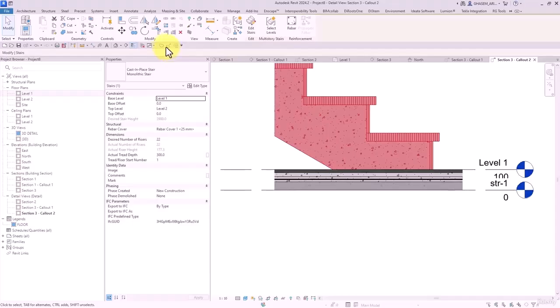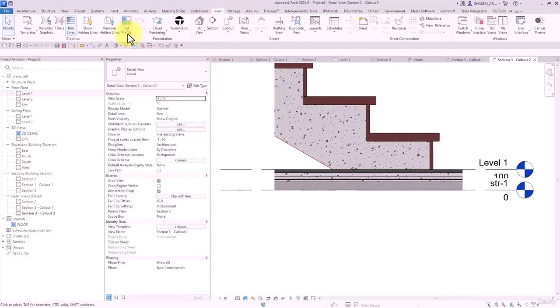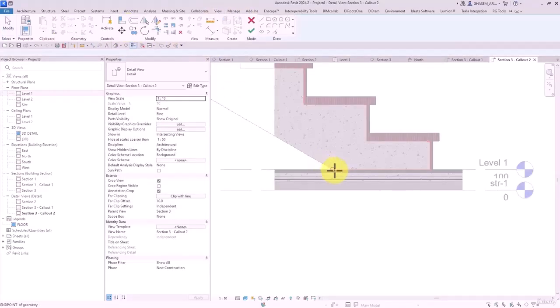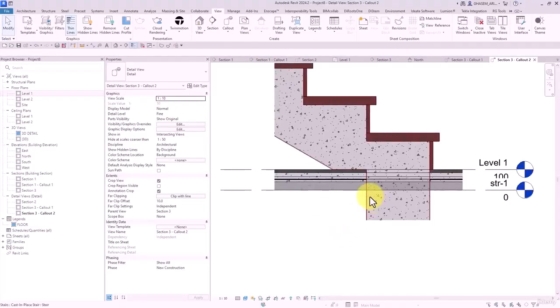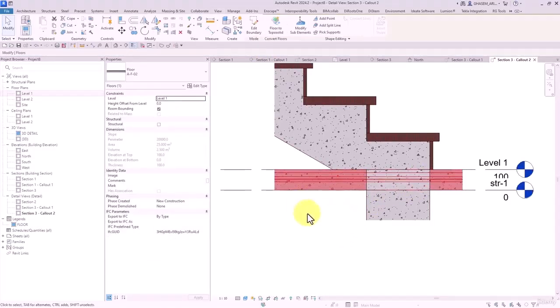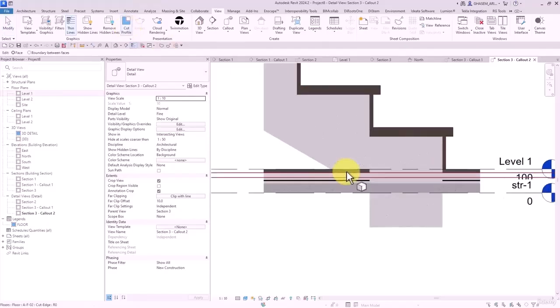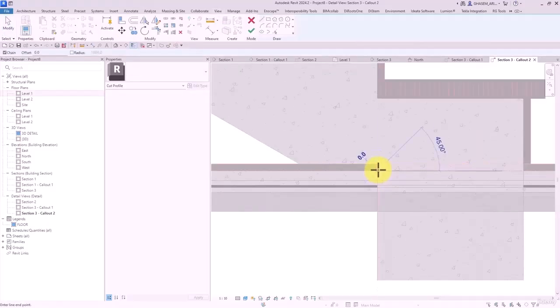See, it should be downward. I can select this here and here in view cut, as I told you before, here, here, and here. Arrow, invert, finish, and these layers, cut profile,